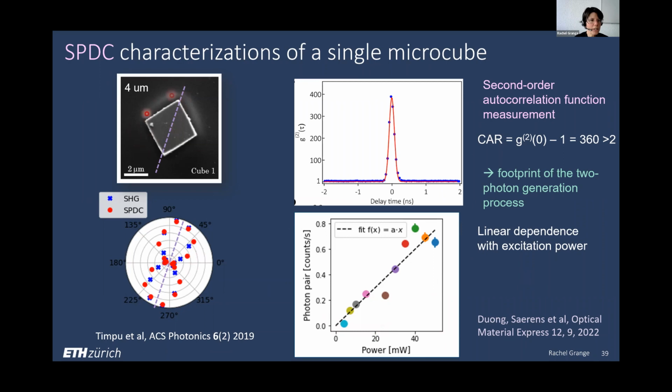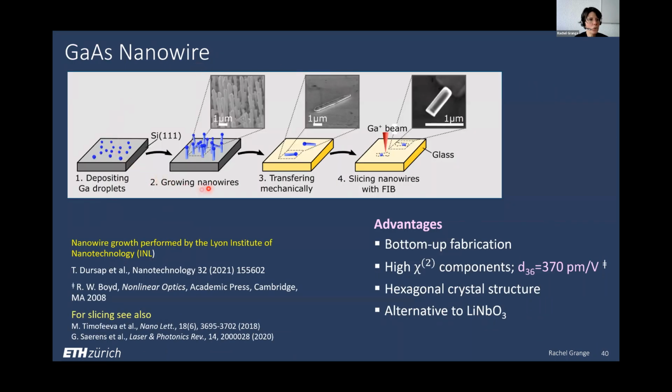Okay, the structures were still a bit big, right? It's a 4-micron structure. Therefore, we went to gallium arsenide nanowires because, as I was telling you before, the Chi2 component is very strong. It's up to one order of magnitude stronger than lithium niobate. For instance, here you have 370 picometer per volt components of a gallium arsenide nanowire. They are grown by MOCVD or MBE, and we just